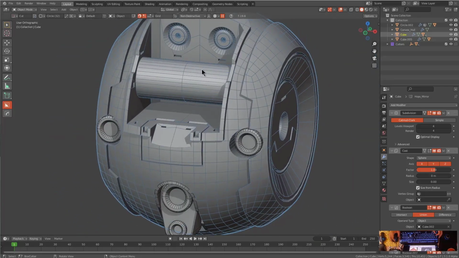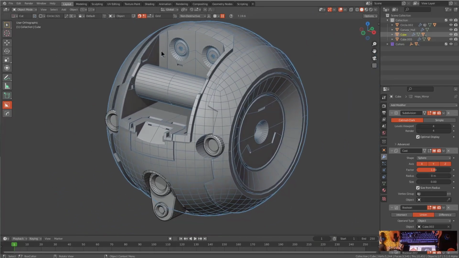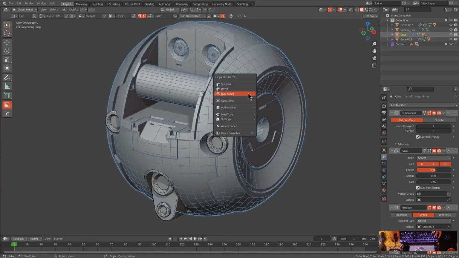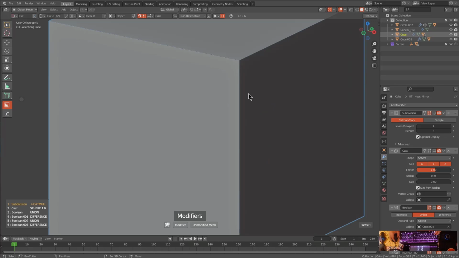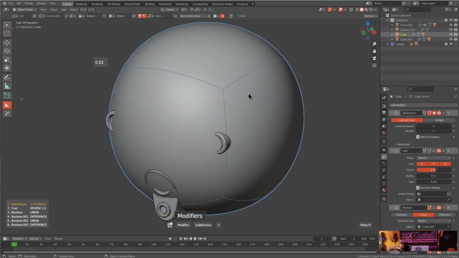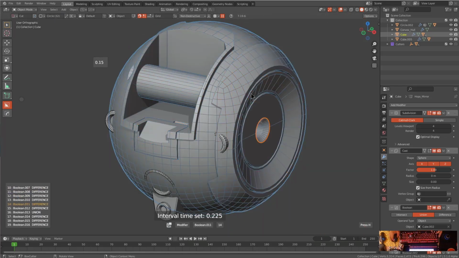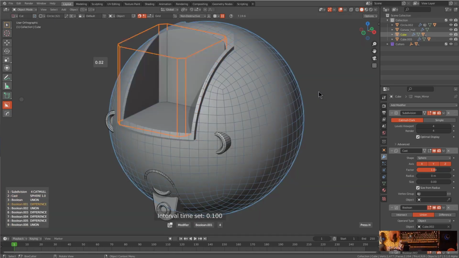Hello everyone, starting out. With this particular mesh, everything is still fairly non-destructive. We can see this by shift clicking on Everscroll in the Q menu, and by pressing shift and spacebar, we can begin scrolling through all of the modifiers via auto scroll, and you can see how this object